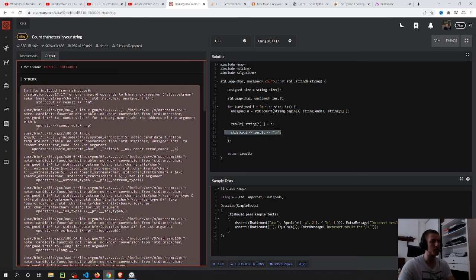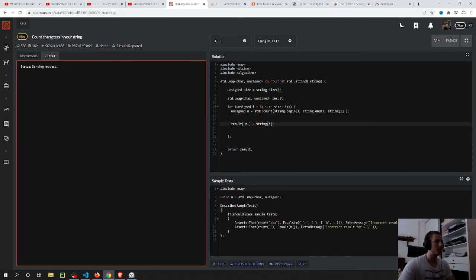So I have no idea what's going on here. What if I try the other way around and see if it works? Definitely the problem is adding the stuff to the map. I think once I'm able to do that, then I would probably have the result, but